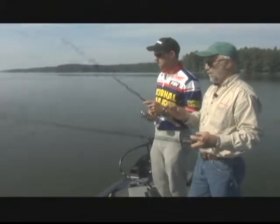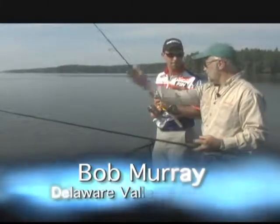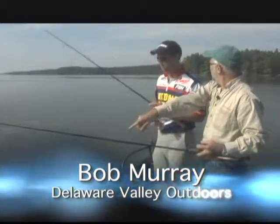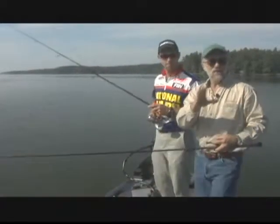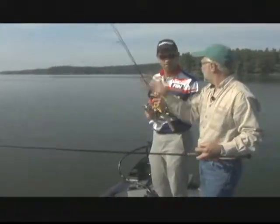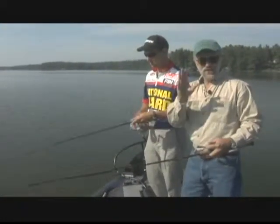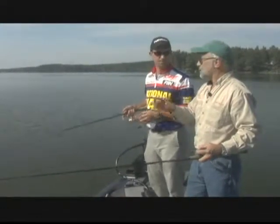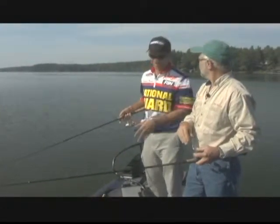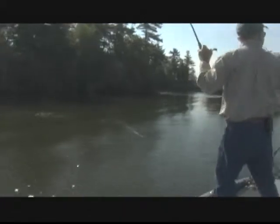When you're coming up on a point, it's really important to have those electronics. You could be out on a point and find a hump out here that's just loaded with fish. So when you're coming up to a point on an island, or any kind of point, make sure you pay attention to your depth finder, and that's going to be your key. The depth finder is the only eyes you have to see under the water. There you go, a pretty fish too. Again, right off